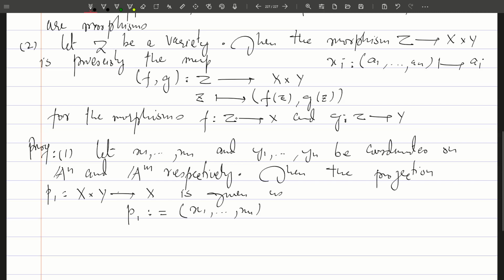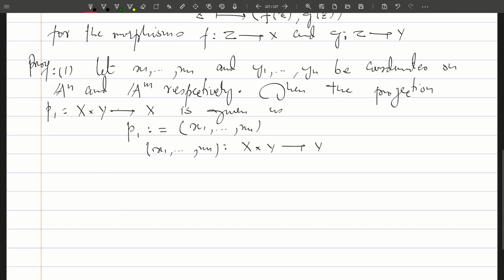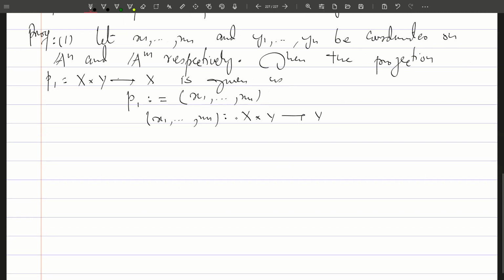This regular function x1 up to xn is a map from X cross Y to X, which takes a point p comma q